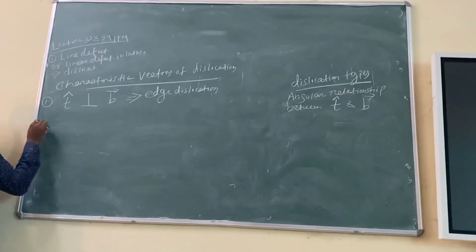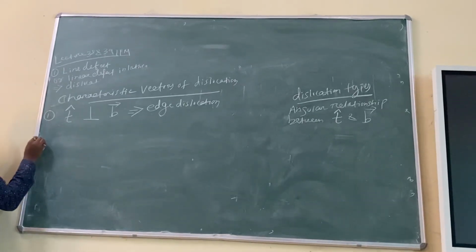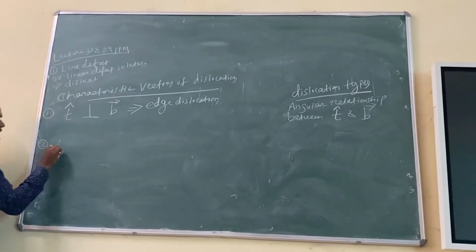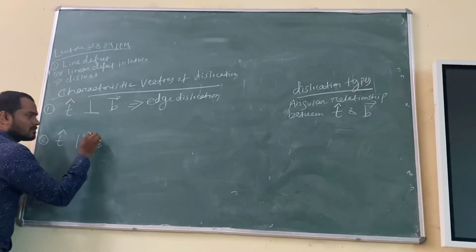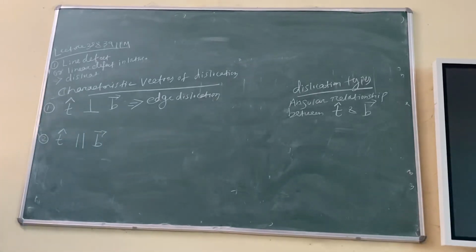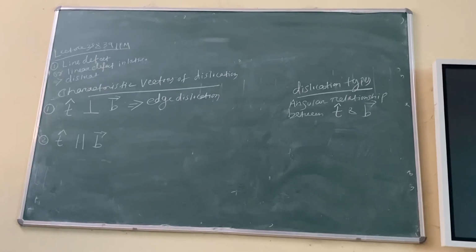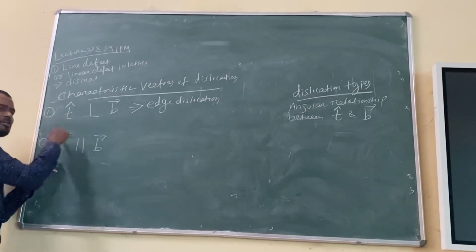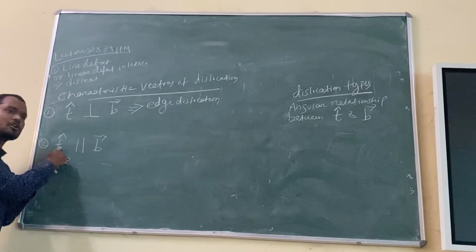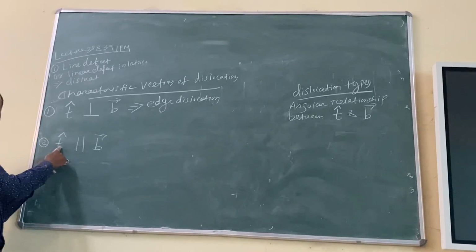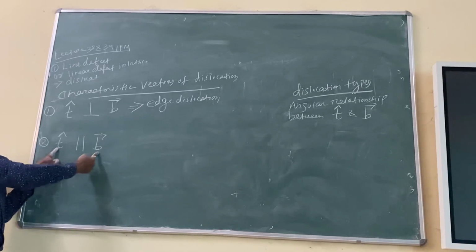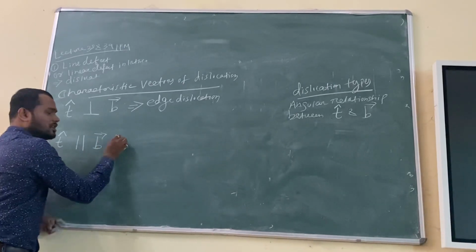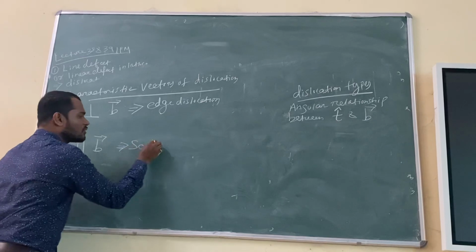So next condition, I will show you in the diagram also. Don't worry. Second condition may be tangent vector is parallel to the Burgers vector. And you understand, all these are nothing but tangent or parallel to the dislocation line always. Right? But slip may be in any direction. Or it will show you the magnitude and direction of the slip. Right? So if this will be the situation, it will be screw dislocation.